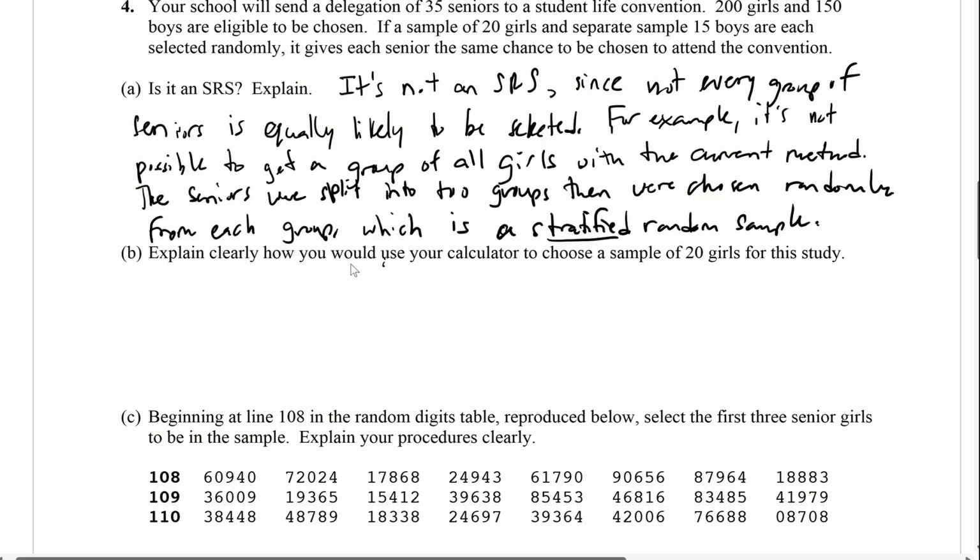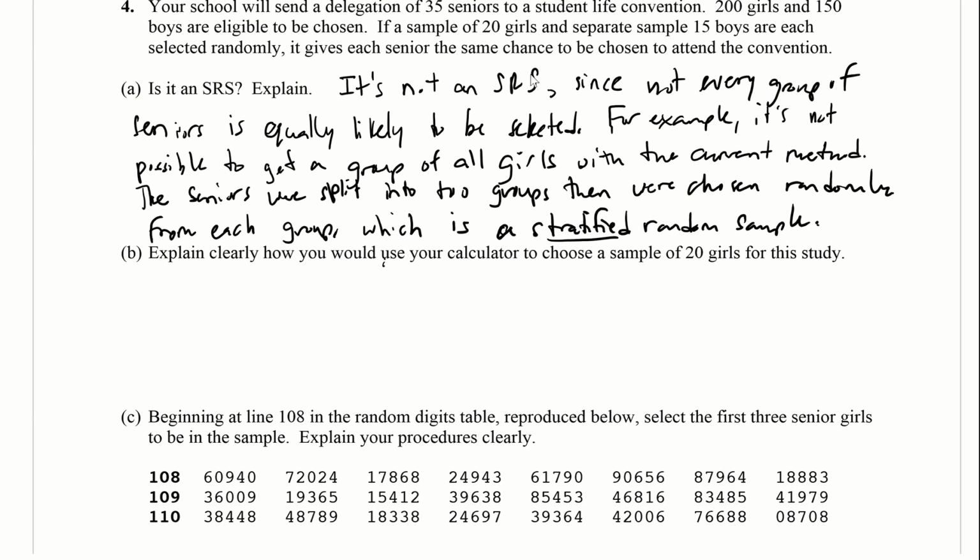Okay, so explain clearly how you would use your calculator to choose a sample of 20 girls. Let me just explain how you would do it if you're just talking about a random number generator. You would say number the girls from 1 to 200, because there's 200 girls. So number the girls from 1 to 200, and then use a random number generator to select